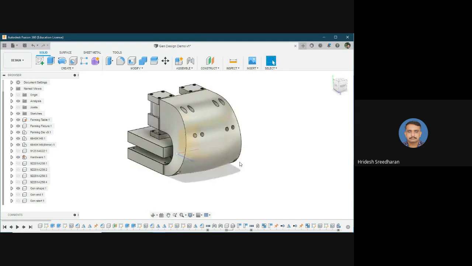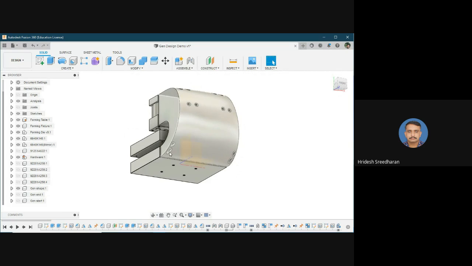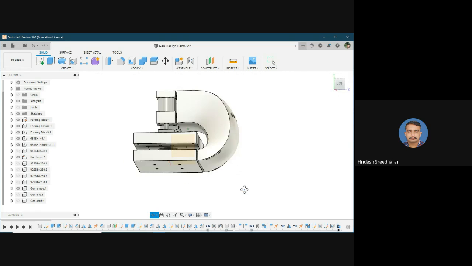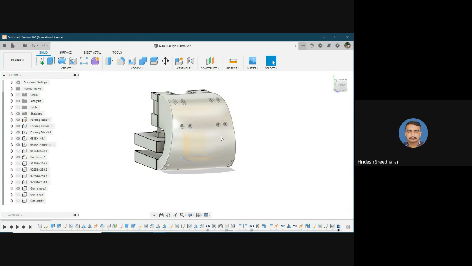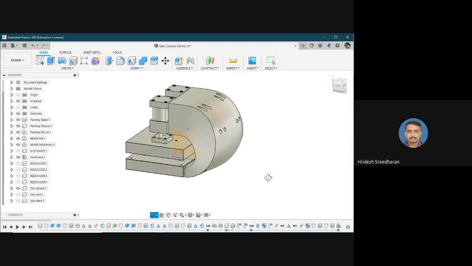So it also should contain some provisions so that we can enter the bolts or screws for holding these two together, and also the screwdriver or tool head. If you are using an Allen key, whatever be the fastener you are using, the tool also should be able to pierce into this portion and it should tighten the things.